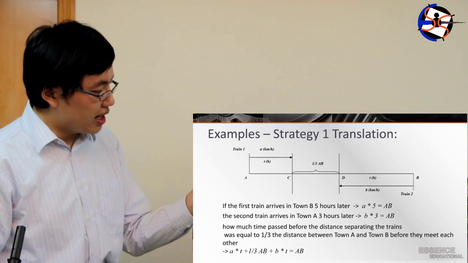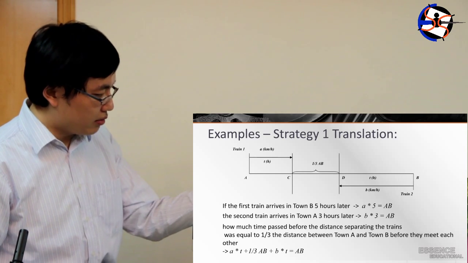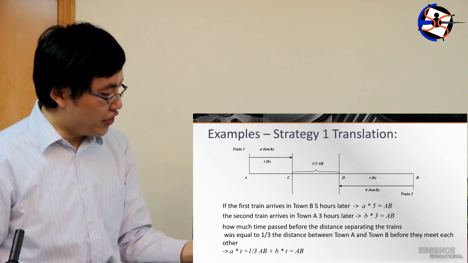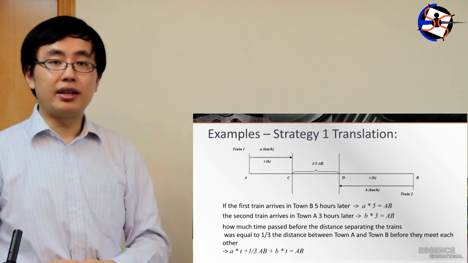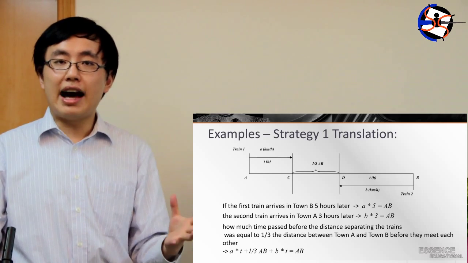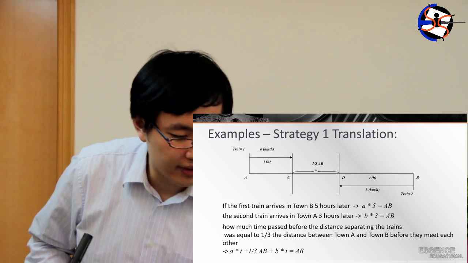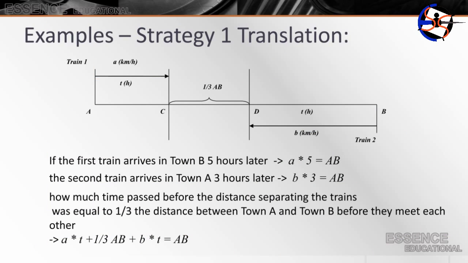Then you can easily write an equation from the figure, right? A times T, which is the distance the first traveled, plus 1/3 AB plus B times T is equal to AB. So the whole question now can be translated basically into 3 equations, right? And the last thing we need to do for those 3 equations,